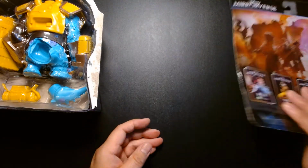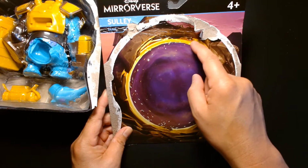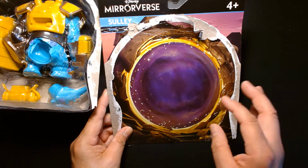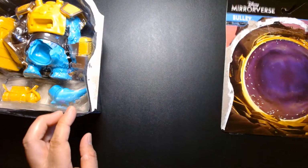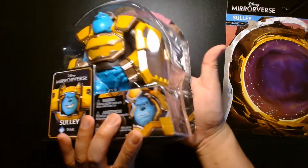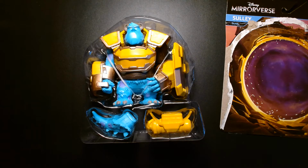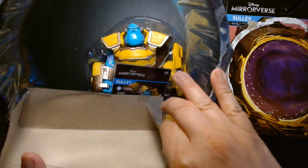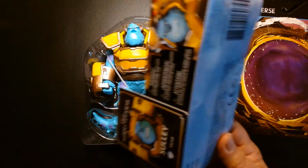And here's that portal I think I was talking about. So maybe this is the mirror that they cross over into to get into the Mirrorverse. I don't know. I won't know until I get more on the game. Okay, so here's Sulley. And before I forget, remember there's a trading card that comes with this. So don't be quick to throw this away. Take the card out and